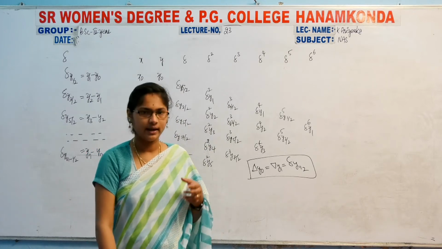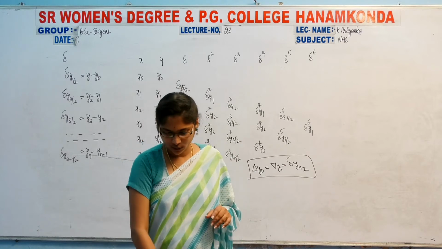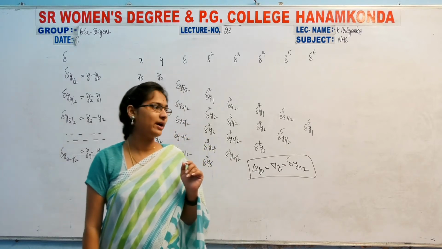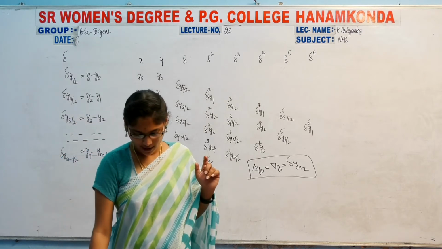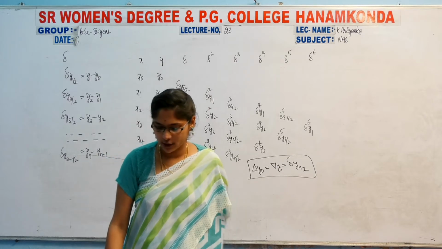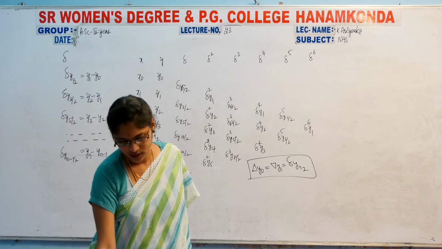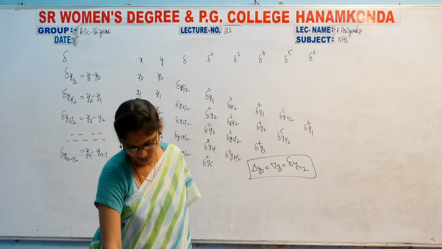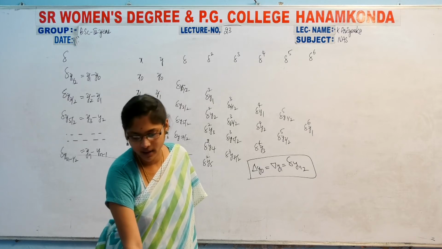Similarly, del cube y2 equal to backward cube y5 equal to gamma cube y 7 by 2. Okay, so next put a side heading: symbolic relations